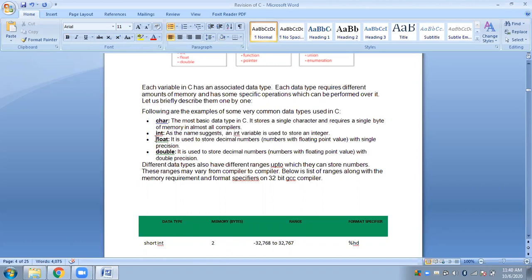Next we have float and double. Float and double are used to represent real numbers. Real numbers means numbers with decimal parts. All decimal values can be represented using float and double. Both are the same except that double can store larger numbers as compared to float. The precision here is higher.